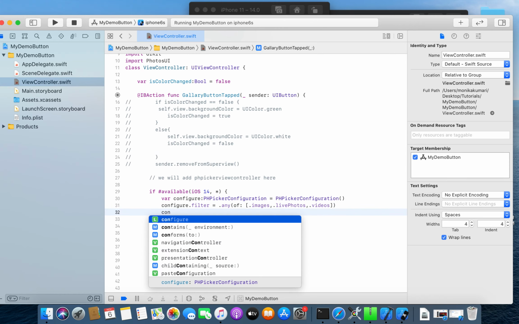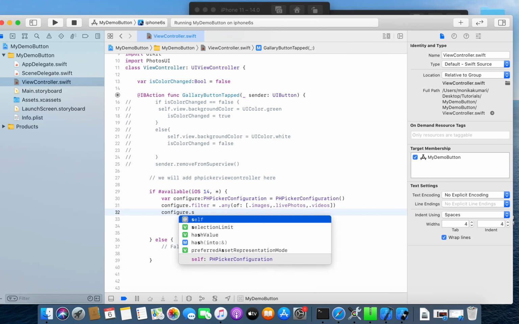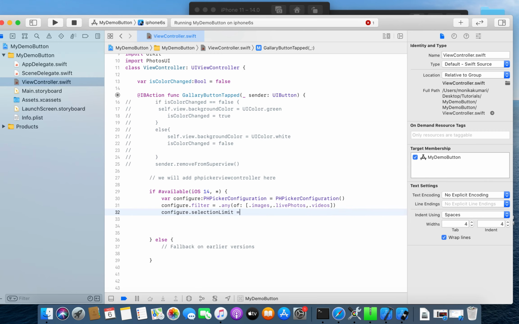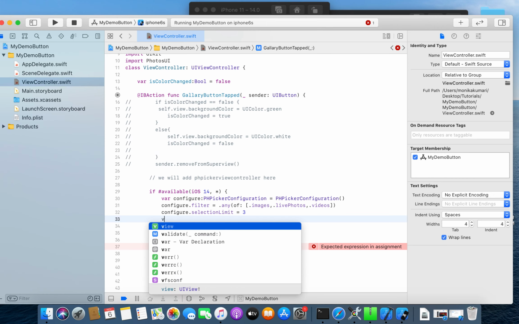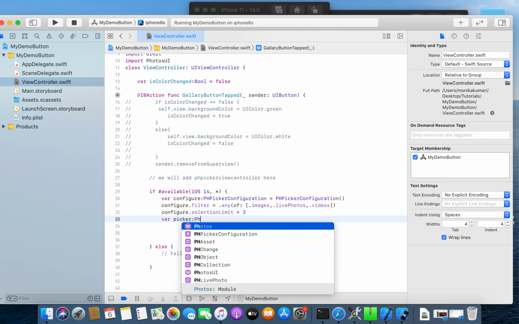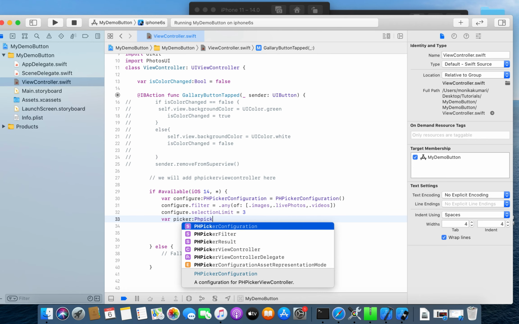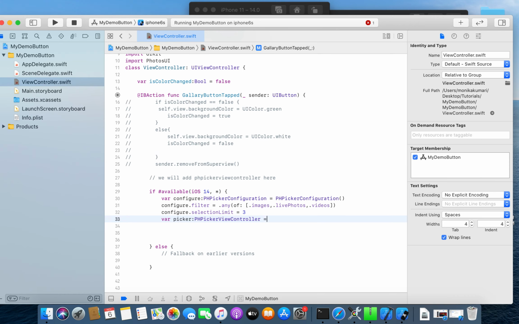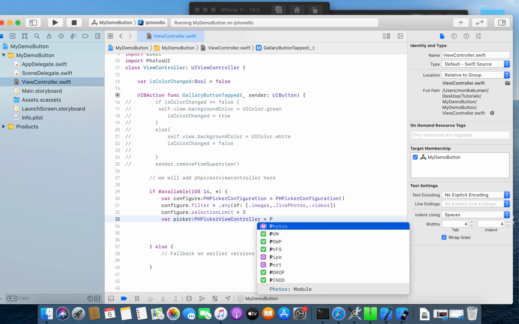Now I will add a selection limit property, and this has to be an integer. So any positive integer, I will add 3. You can add 0 also. Now I will create a PH picker view controller variable, and initialize this PH picker view controller variable with configuration.